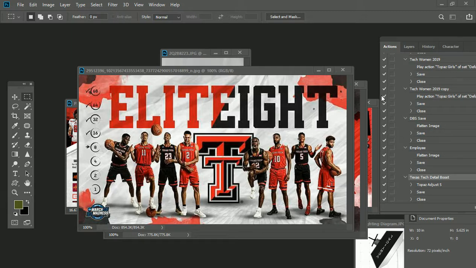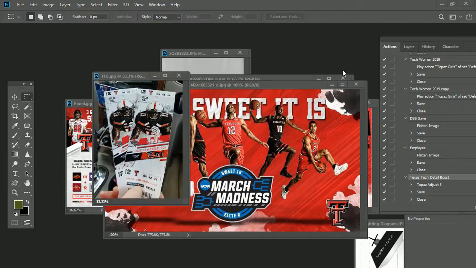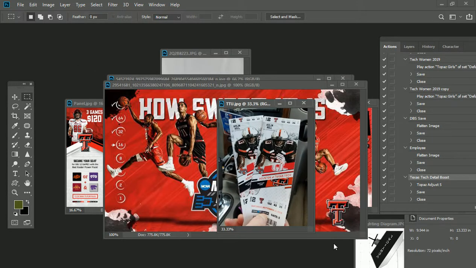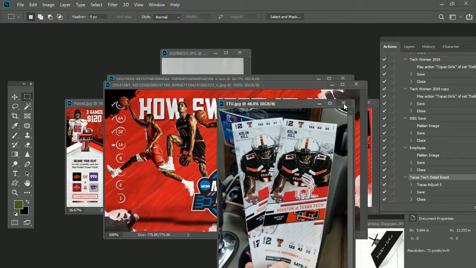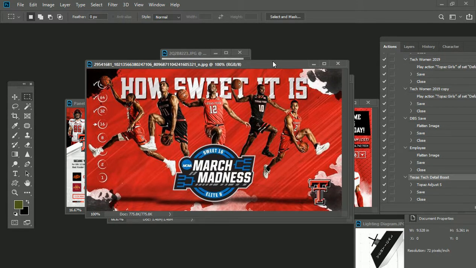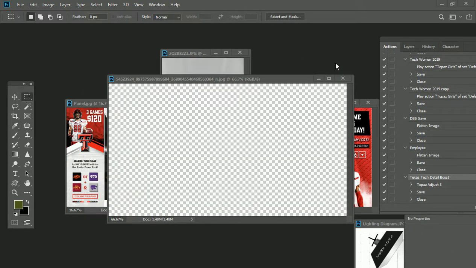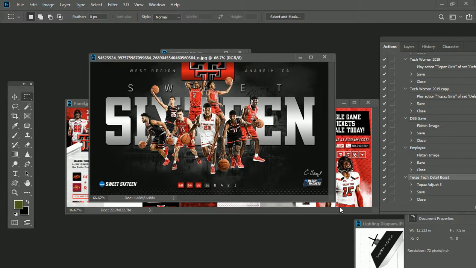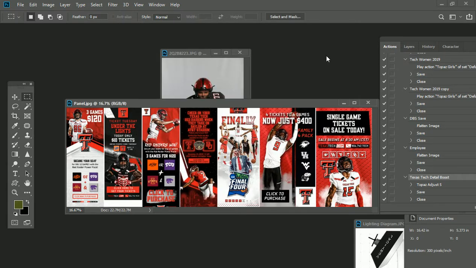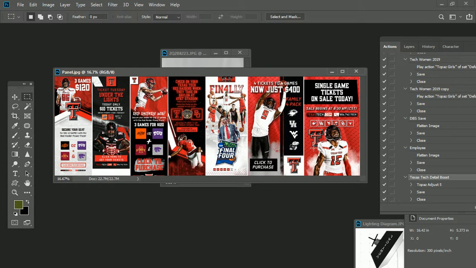But here's a few things that we do for the university. This is when Tech worked their way up to the national championship game last year. It's great because 3 or 4 of these guys are in the NBA now. Here's some football tickets from last year. It's cool to see that. This is the Elite 8. Let's see. No, Sweet 16 then wound up being Elite 8 on their way to the national championship game. Here's another one that was one of the cooler ones that we did. And here's a strip of just a couple of different sports and the different ways the university uses the images